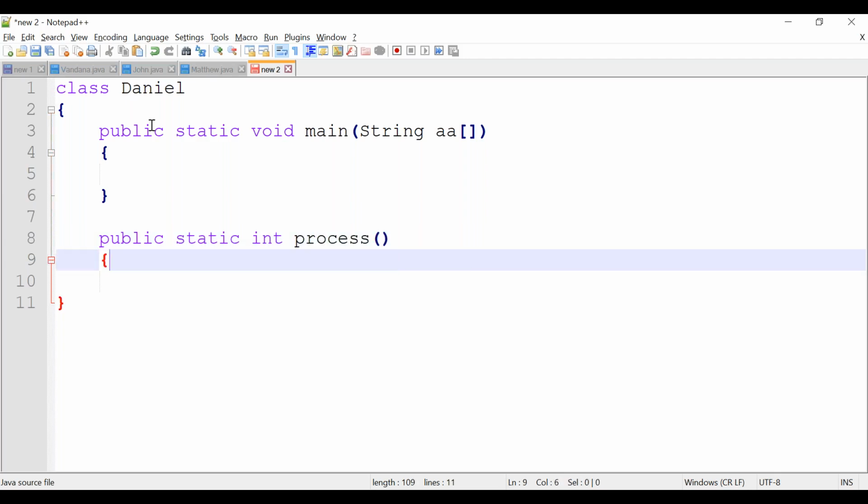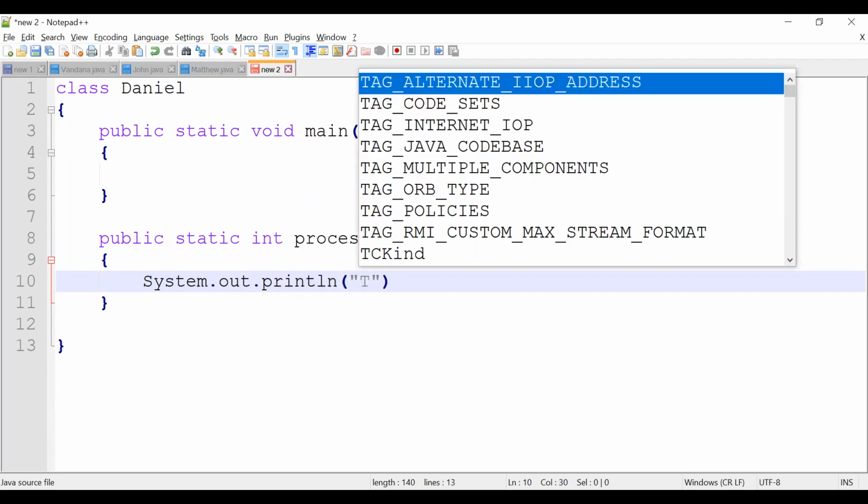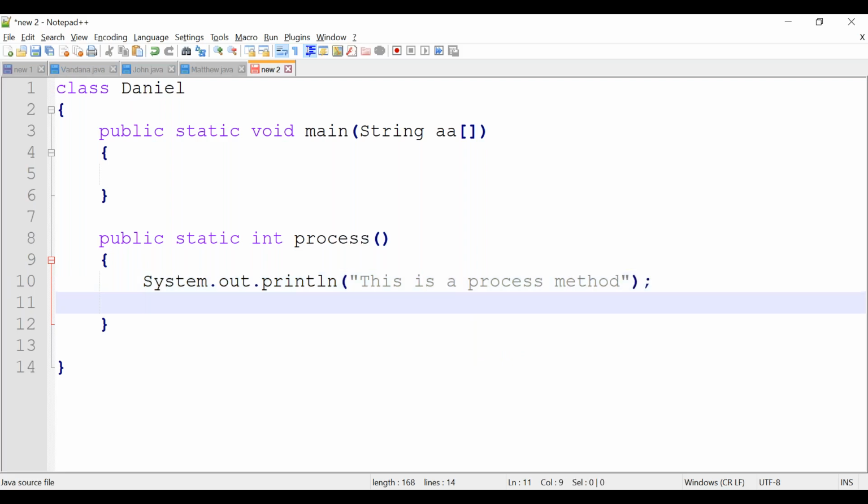I am just printing. Okay. Listen carefully. System.out.println. I am just printing. This is a process method, right? Process method, correct? And what I am doing, I am returning some value. I am returning 100.